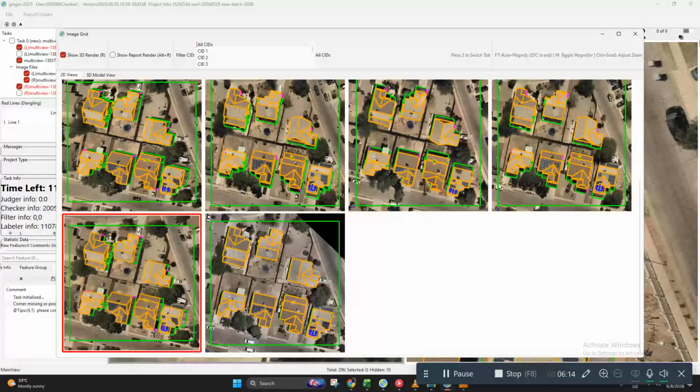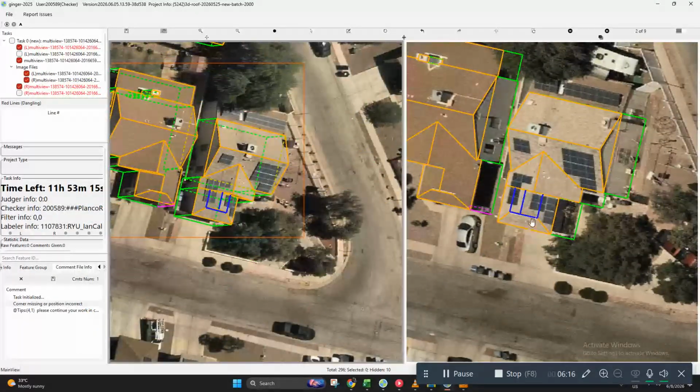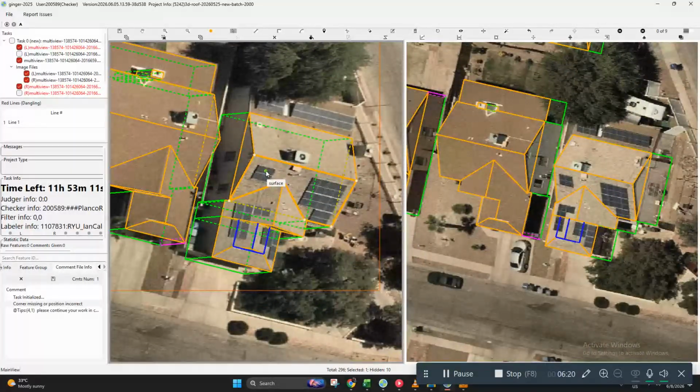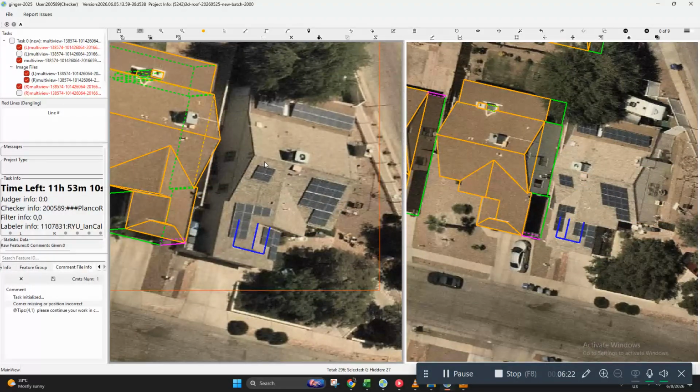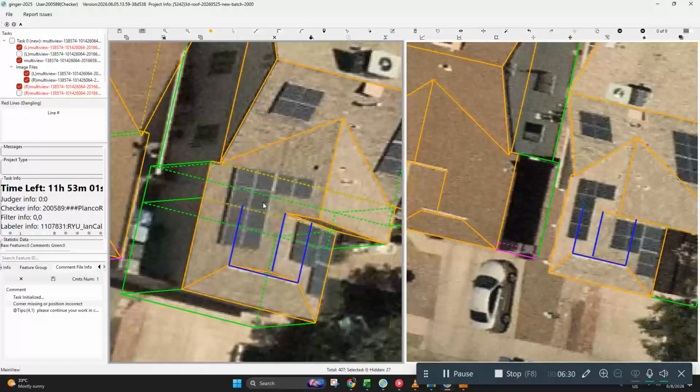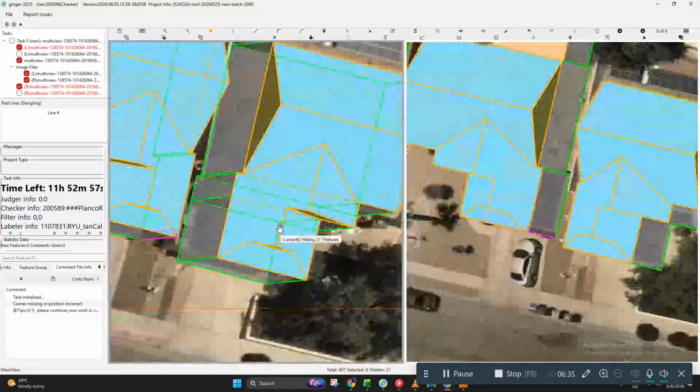Yeah, I think it's correct. So group, and then let's try to use F4. These two panels will just merge because they have the same direction and same length. Yeah, so we did it.